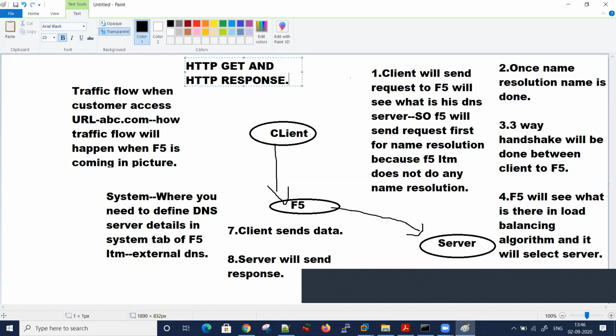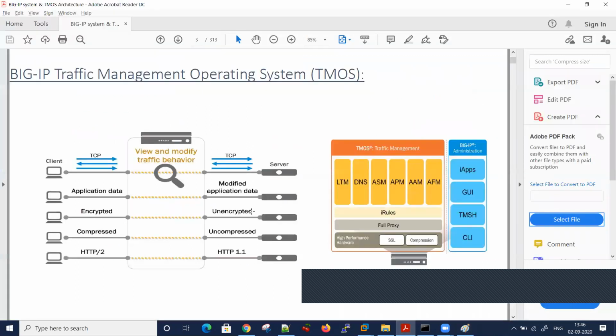I will also tell you what type of questions they ask, like if I cover basics of TMOS architecture, because Amit was saying that he wants interview-level preparation also. First we will clear concepts, then we will do some TCP handshake-level Wireshark, then we will go through questions. So this is the initial TMOS architecture. Hope this is clear. We will cover encrypted and unencrypted, compression and uncompression later on, in the profile section.